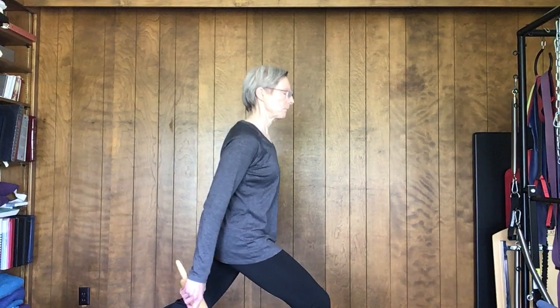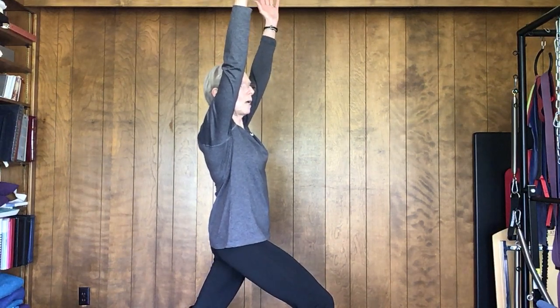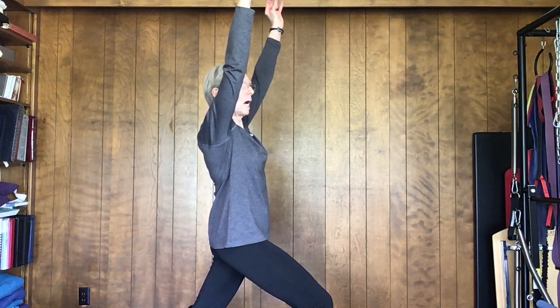Good. I want you to step back with the far leg, whichever it is, away from what you're looking at. Okay, so I want your front leg to be bent, the back leg to be straight-ish. Okay, and you're going to raise your arms up. You're going to turn toward the front leg, keep your back arm up, and your front arm is going to come and reach to the opposite heel. And do a little bit of an extension here, and reach through. I have the left side of my body just really stretching,